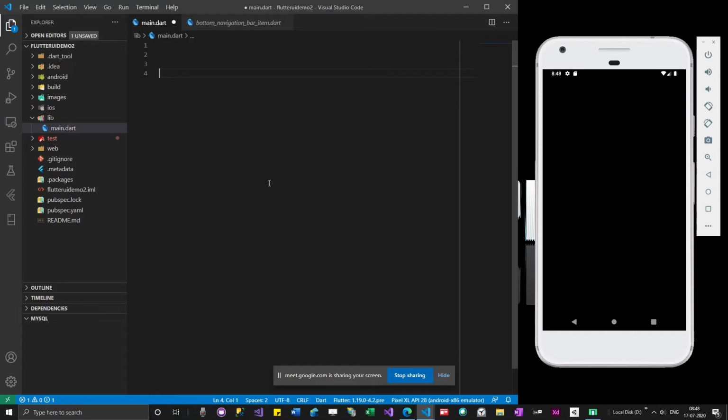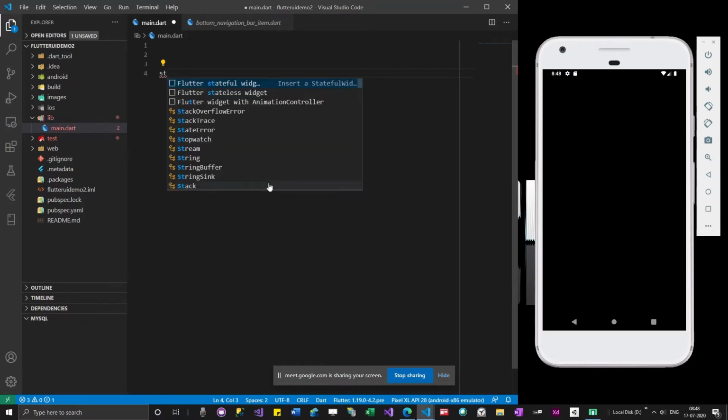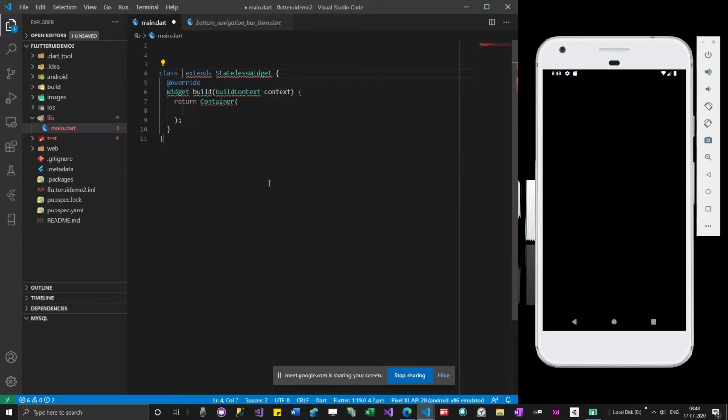So what is the first thing we should write, guys? Yeah, stateless widget. Stateless widget, my app. And then we have to resolve the errors.